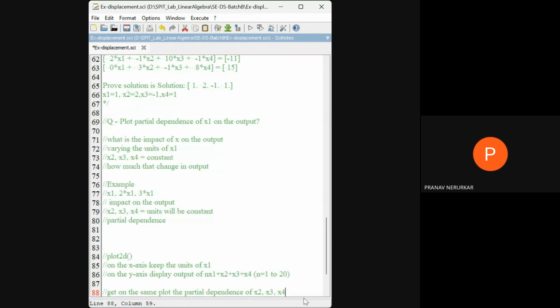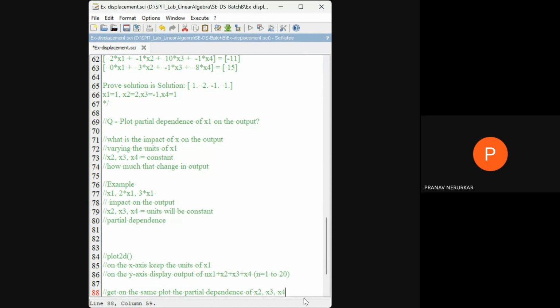So ideally, you should get something like this. There is a y-axis. On the x-axis, you will have 1, 2, 3, 4 up to 20. So this is n, which is going from 1 to 20. On the y-axis, let us say there is the line in blue. This is